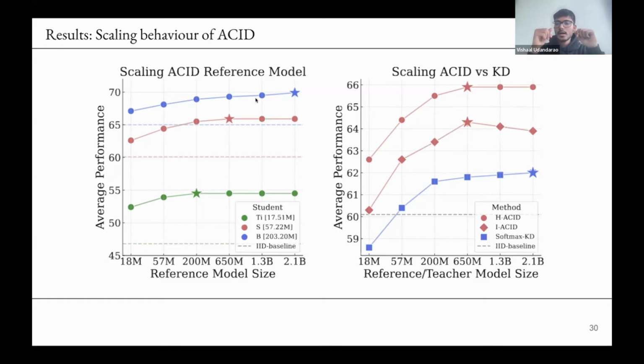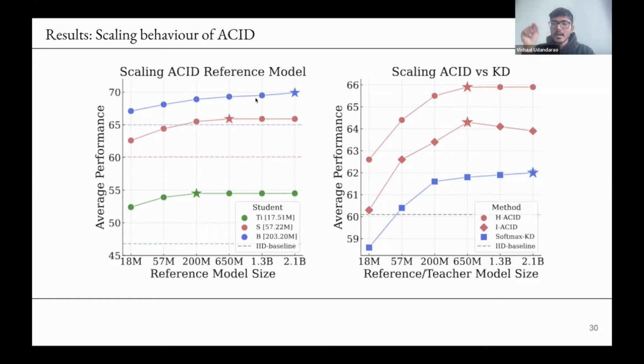And in the red lines, we are using our method, which is H-ACID and I-ACID. H-ACID is the one that uses learnability scoring as the scoring method, and I-ACID is the one that uses easy reference scoring. And immediately from the plot, you first of all see that our methods comprehensively beat the distillation baseline